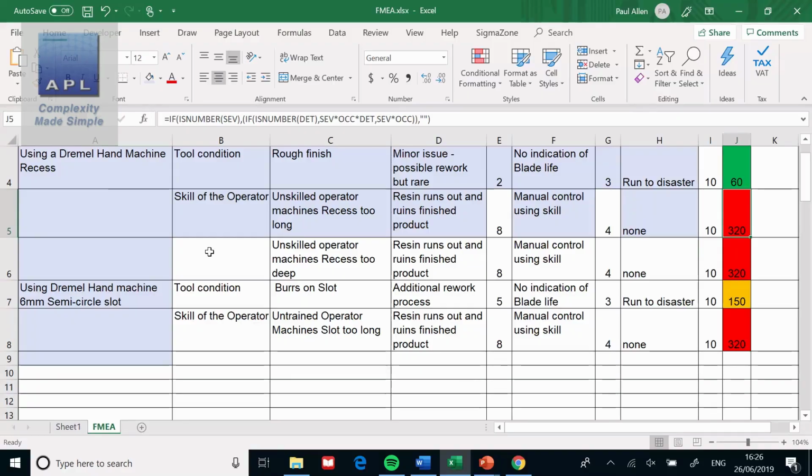Had they filled out the FMEA, and all I'm asking them to do is to fill out the FMEA personally, use the tool to help the engineer design high fidelity process controls, then the process would have gone right first time. This project never would have existed. And it didn't need to exist, did it? If you look at it, it's such a simple solution, and yet they allowed it to happen. That's why FMEA is so important.